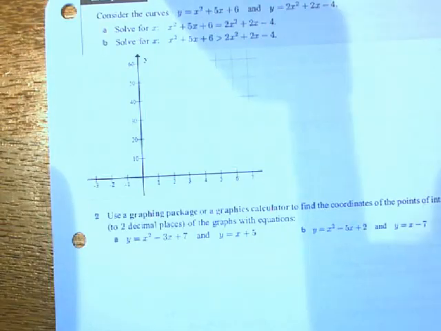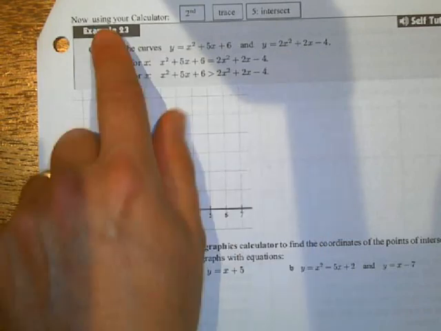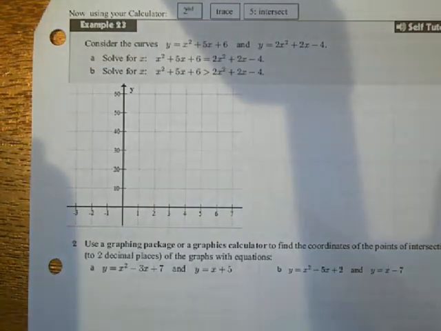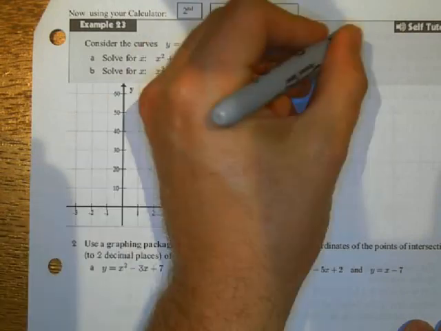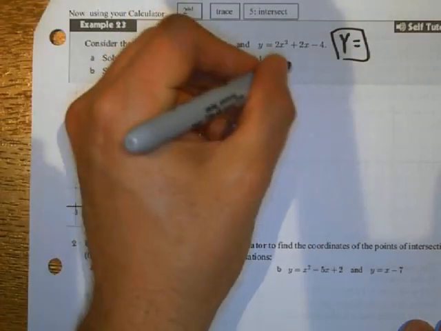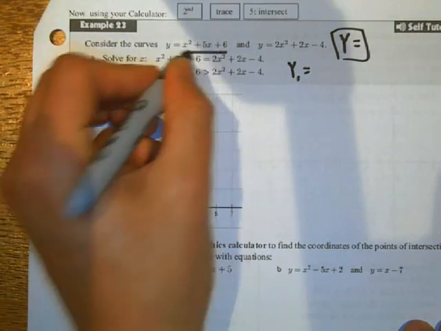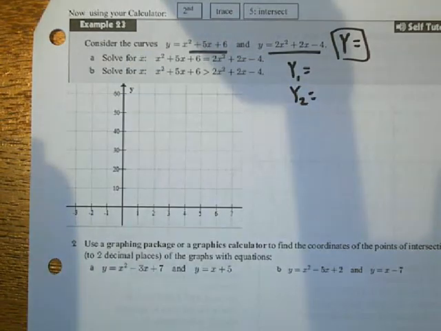So in this example, you've got two curves. Okay, and they want you to solve this using your calculator. So the very first thing you need to do is hit y equals, and then type in your equation. So y1 equals this, and y2 equals this. Okay, now when you type them in,